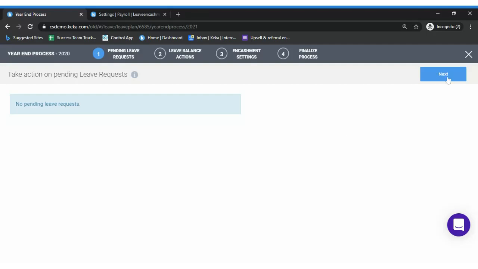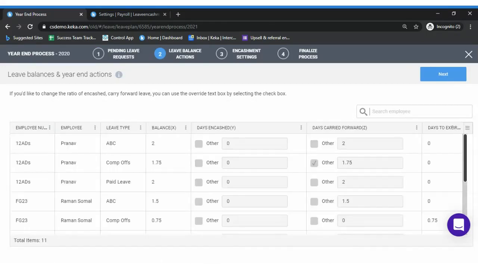Once you have completed the first step, the second step is the leave balance action, like what you want to do with the leave balance of an employee. If you are not satisfied, or if you want to make changes to the existing leave balance of that employee as an exceptional case, you have an option of others. You can enable it and do overrides for the balance as well.